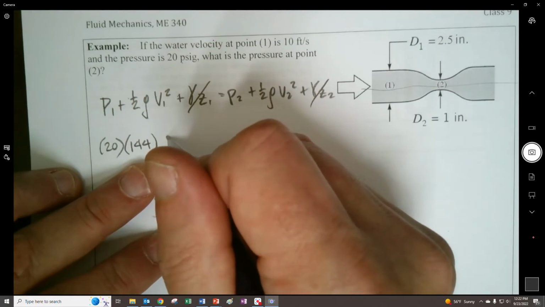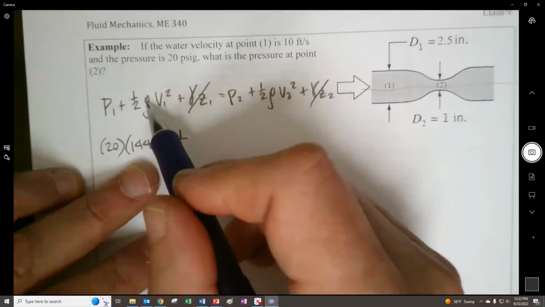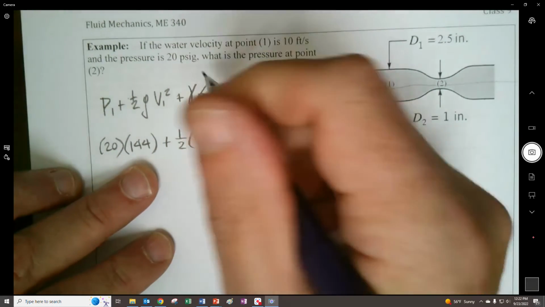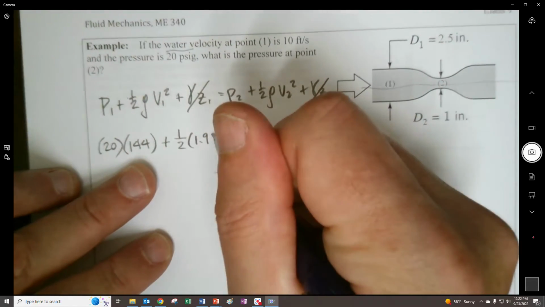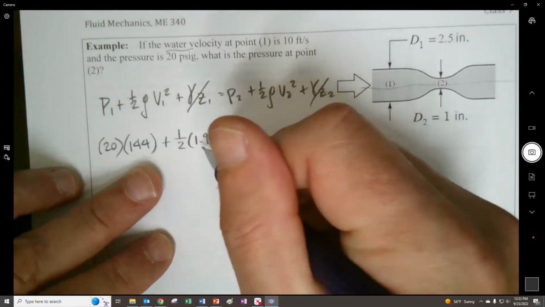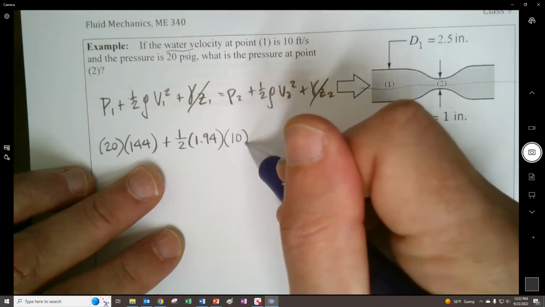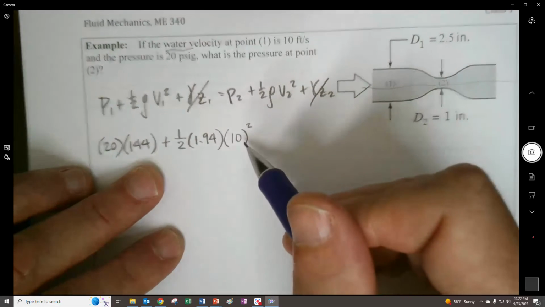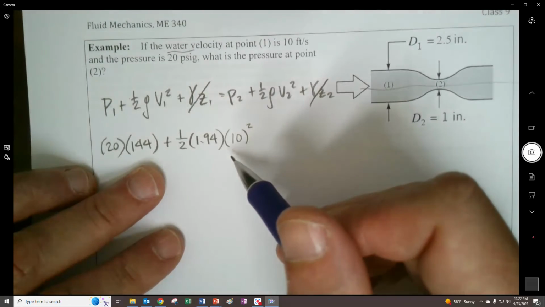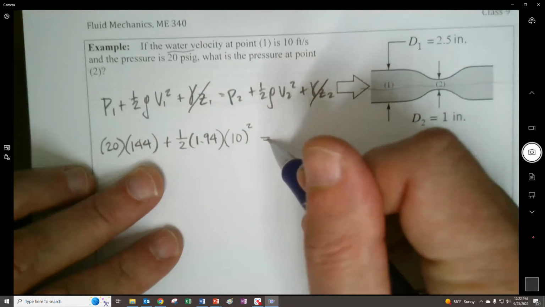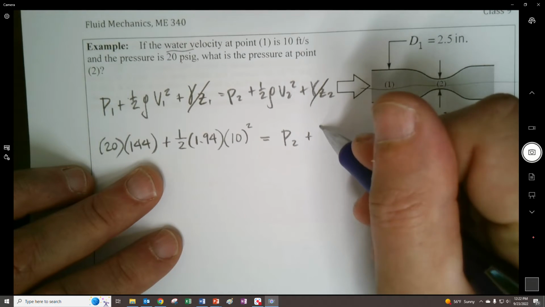And then I'm going to go for my 1/2 times my density. This is water, which is 1.94 slugs per cubic foot. And we're going to go times 10 feet per second squared. And that will get us into pounds per square foot. We're going to equal what we want to know here, and then plus 1/2,